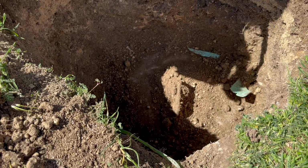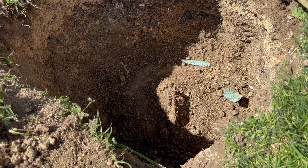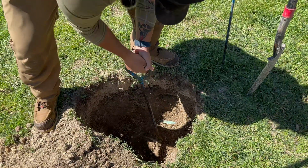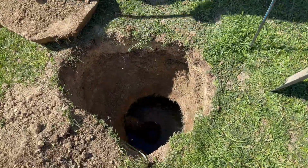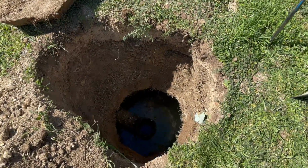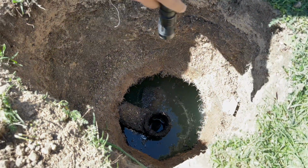All right, so there's our outlet side lid. Whew, man. All right, it seemed like this lid wasn't gonna put up much of a fight either. And there she goes. Whew, it's got some funk to it. But yeah, you can see